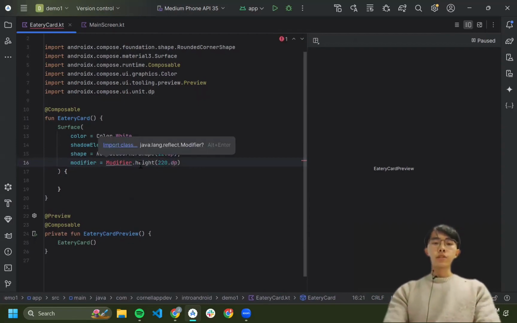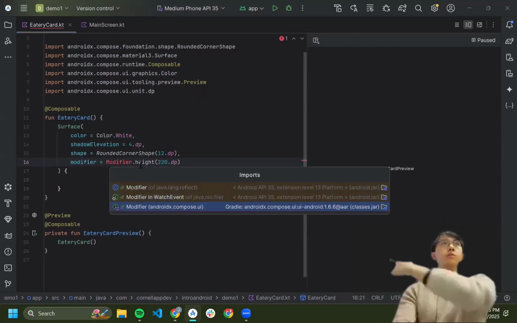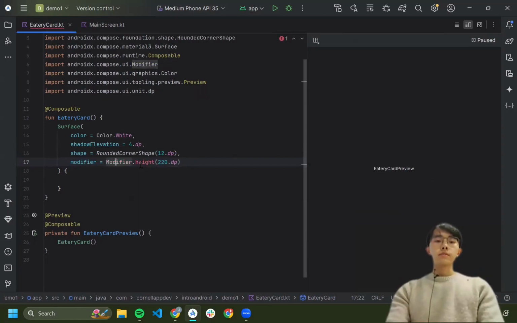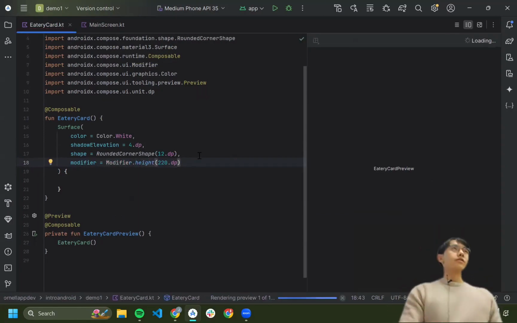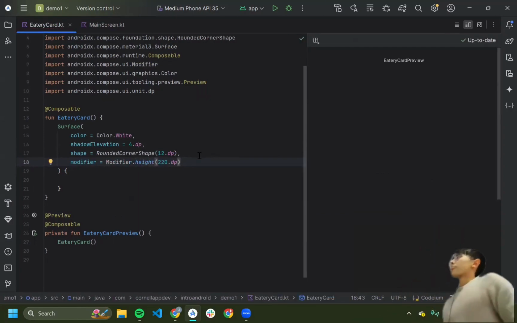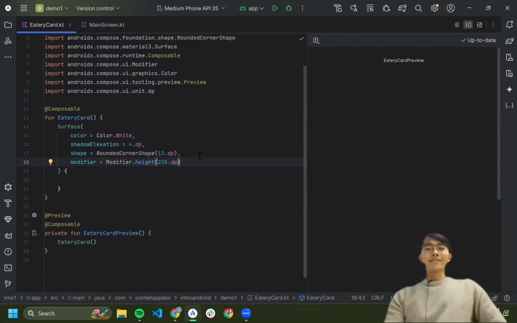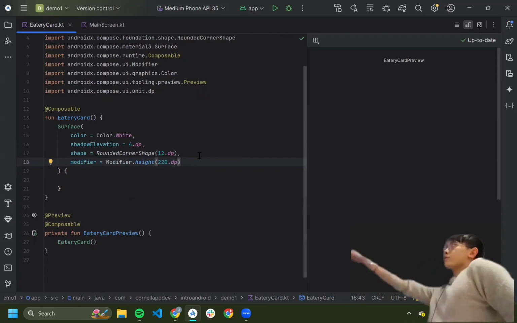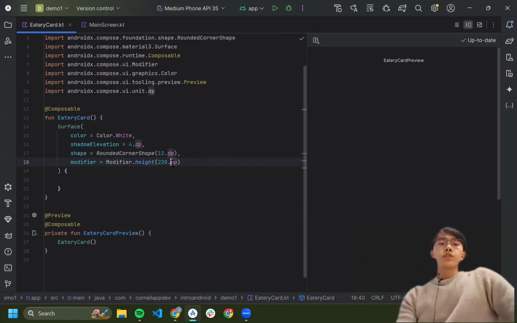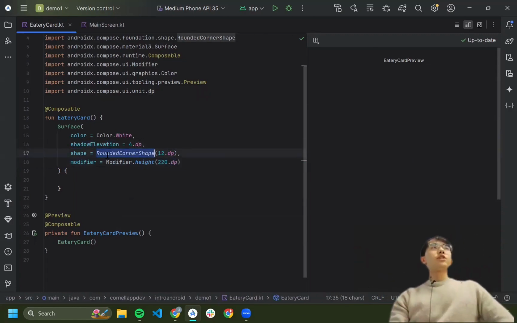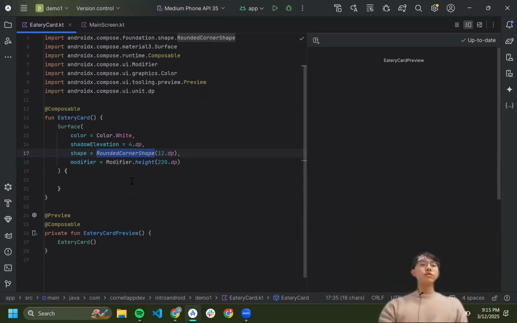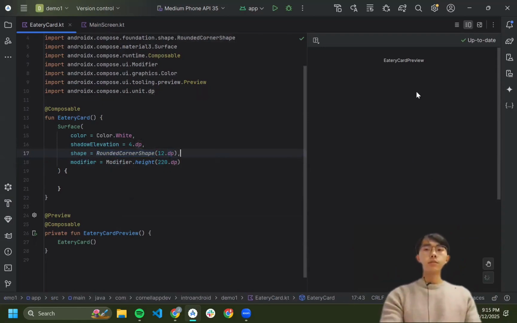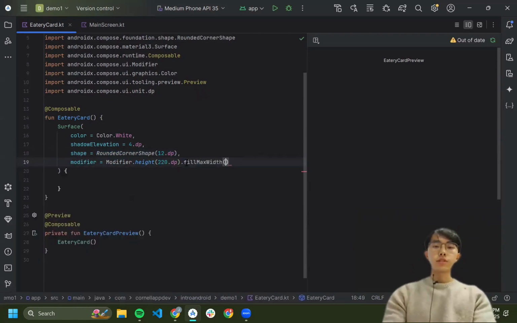So after I put this, I'll have to import. You'll want to do the compose one, as well as height. I have a thing that auto imports sometimes. When in doubt, import something that says compose or composable, and it'll probably be the right one. In any case, you'll want to put these, and always make sure that when it comes to elevation and dimensions in Android, you use the DP measurement here. And I want to fill max width, or else that's not going to show me anything.